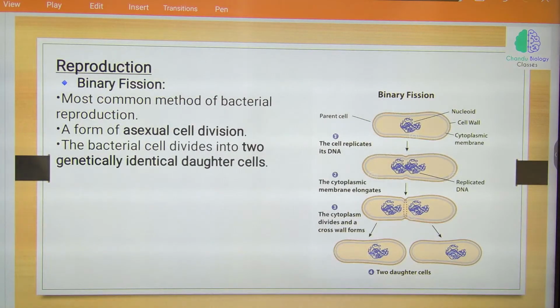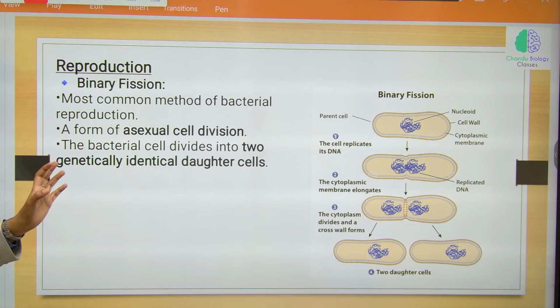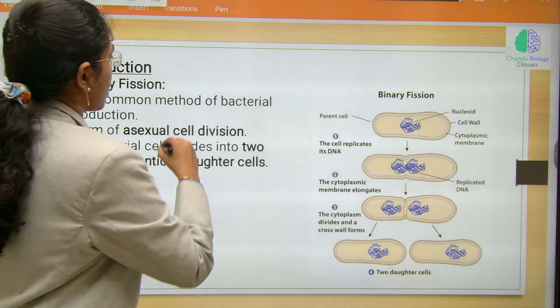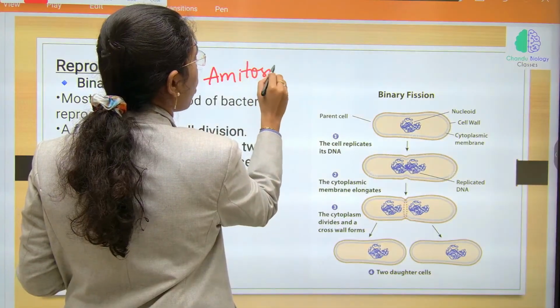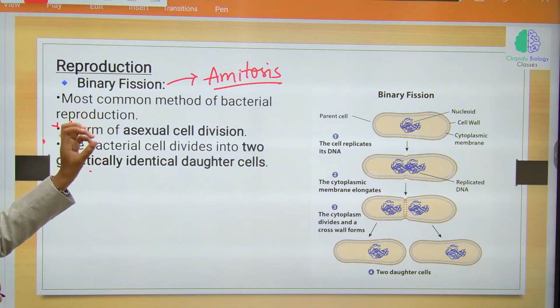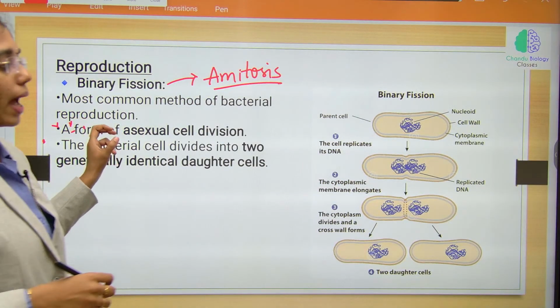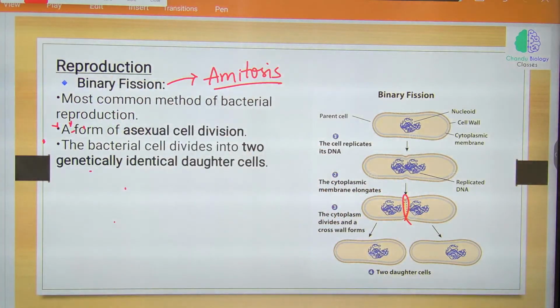reproduction. The most common mode of reproduction in bacteria is binary fission. As most of the bacteria or the prokaryotes are unicellular, the basic mode of division is binary fission, which is also addressed as amitosis. As there is no involvement of spindle apparatus for the cell to divide, karyokinesis will happen followed by cytokinesis without the involvement of any spindle fibers.